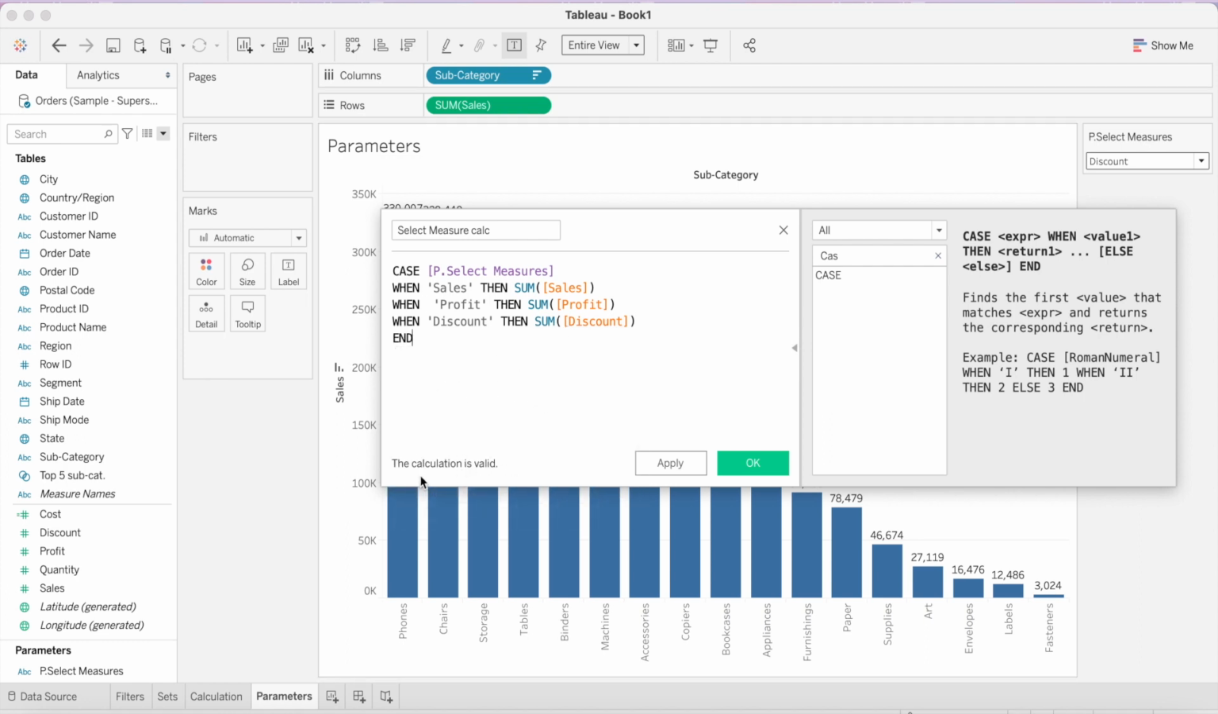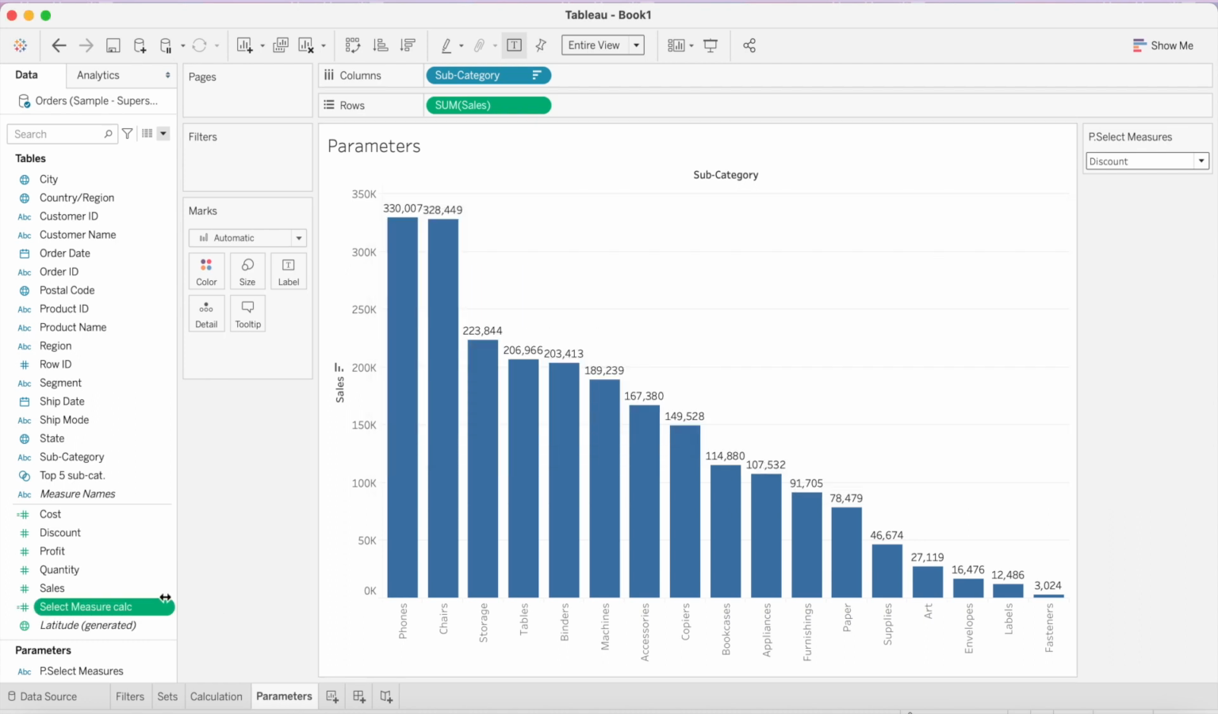Once we do that and we have a comment which shows that the calculation is valid, we will select apply and click OK. Now here you see that we have a calculation named select measure calc. So what we are going to do is replace this sum of sales with this select measures calc,